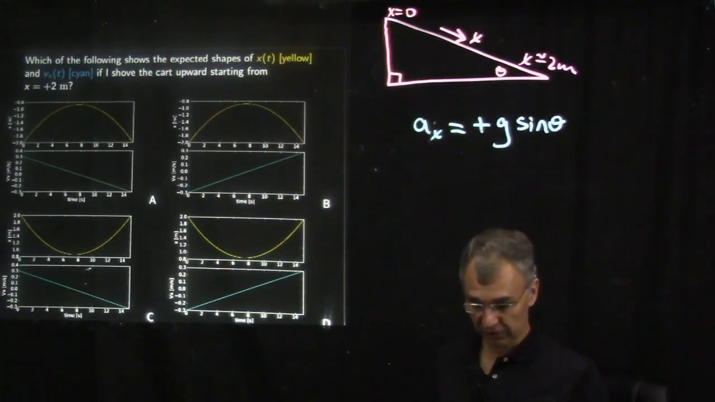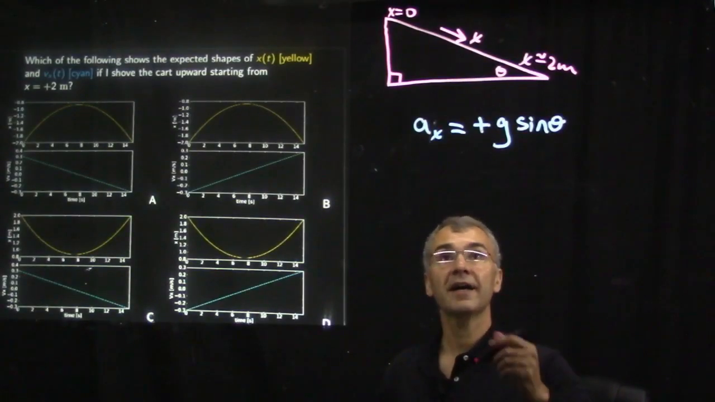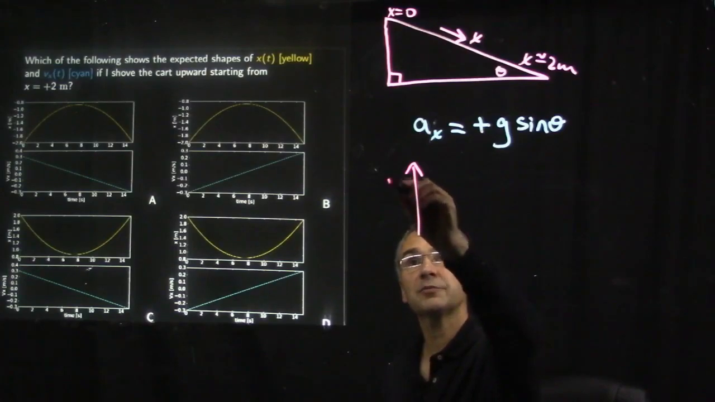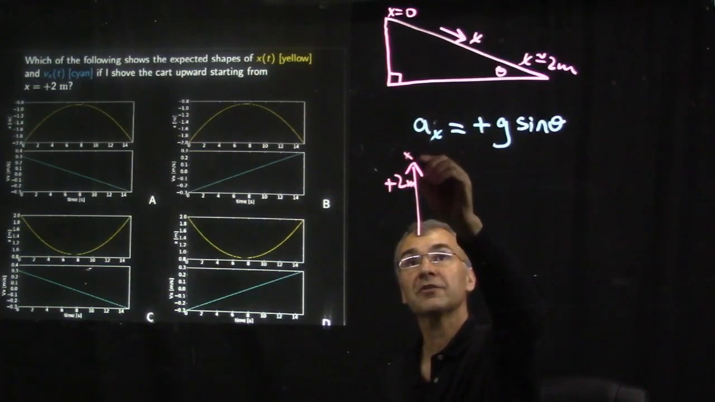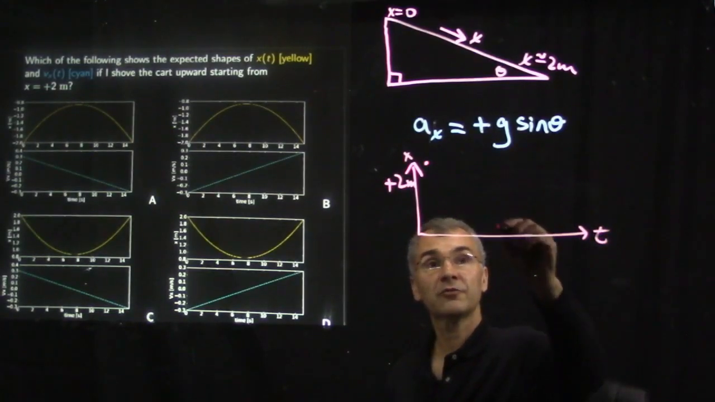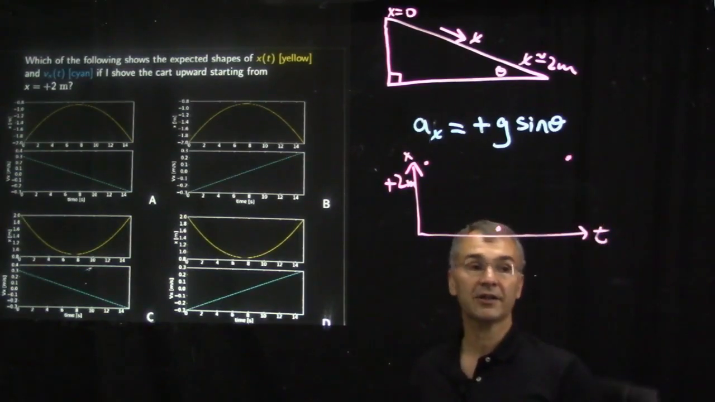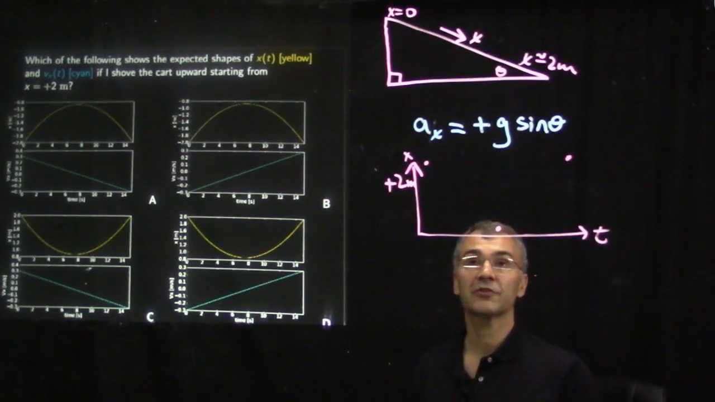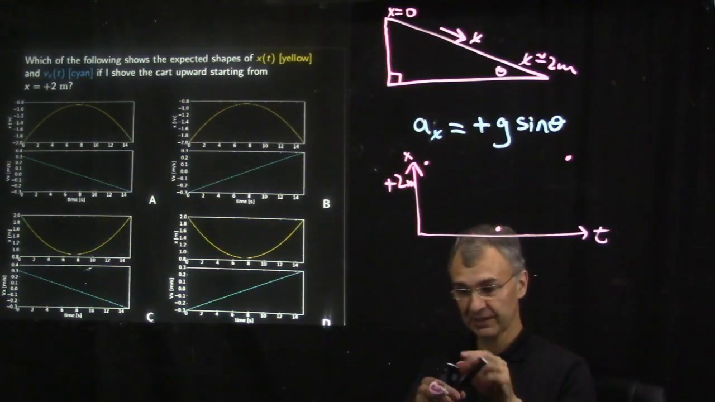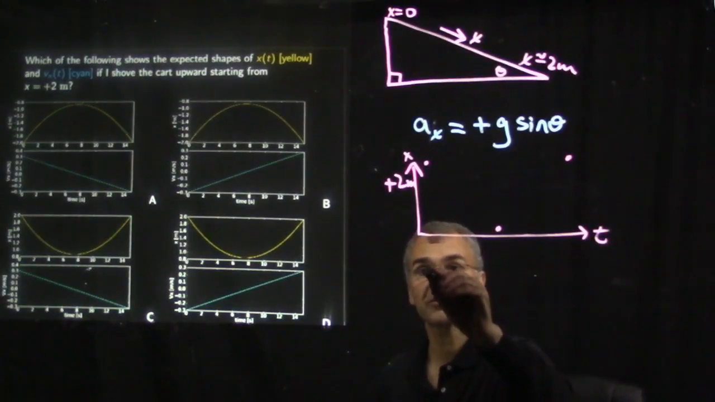So x should start out around plus 2 meters. And it should find its way down close to x equals 0, and then it should find its way back up close to x equals 2 meters. And then, well, what should it look like? Let's think about that in a minute. And then v sub x